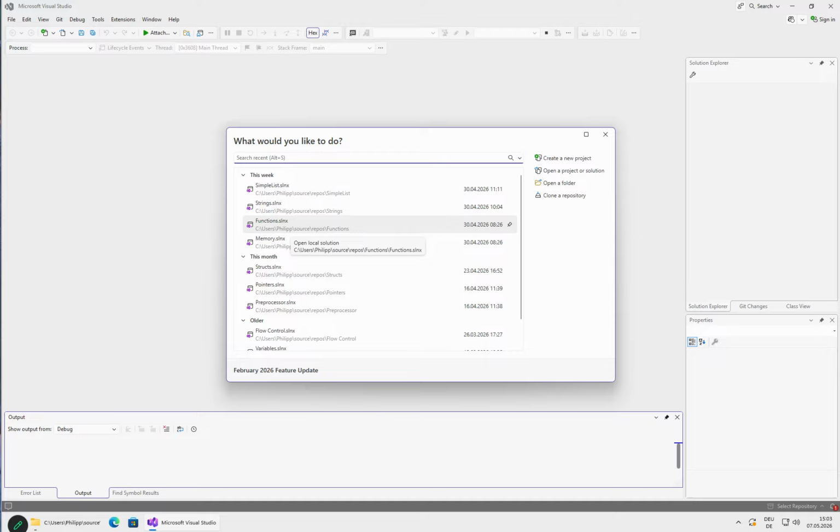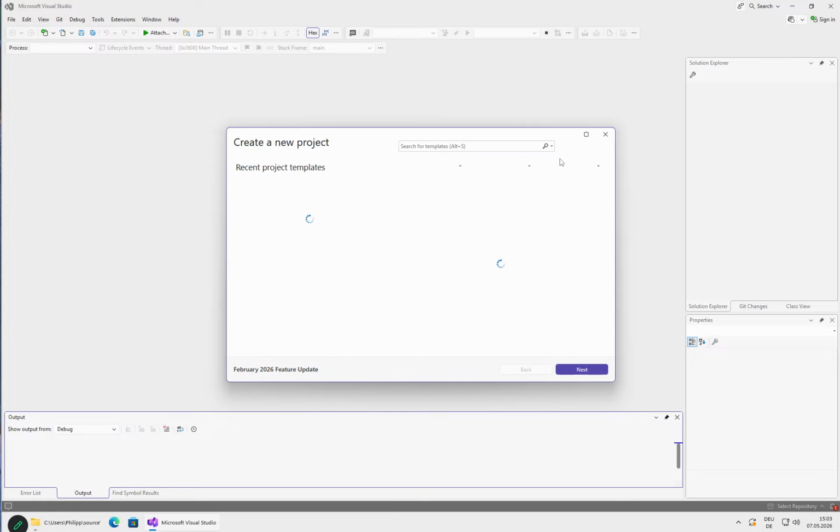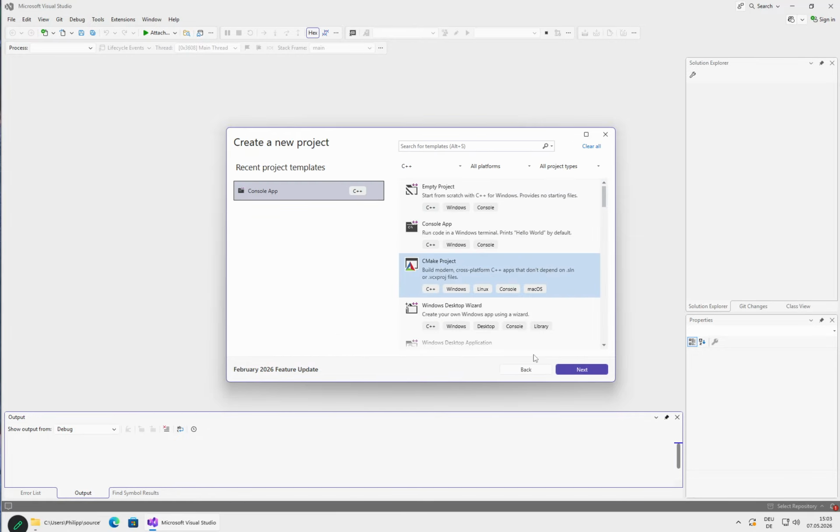Okay, so in this lecture we'll finally start the C++ part of the course, where we will be looking at the C++ language in detail. So we create a new project, call it